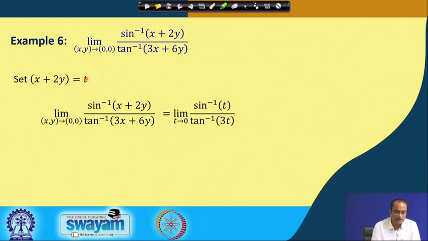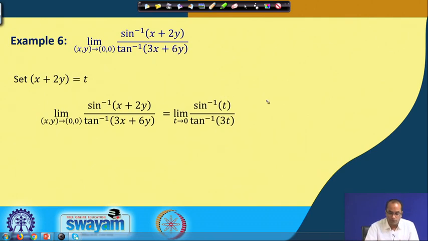We are not fixing the path, but we have substituted this relation x plus 2y, which appears everywhere in this function. It was x plus 2y, and the same in the other function with 3 times x plus 2y, which we have replaced by t. So it becomes 3t, and now we have changed the problem to a limit of a single variable, which we can compute. In this case it is like 0 by 0. So, we can